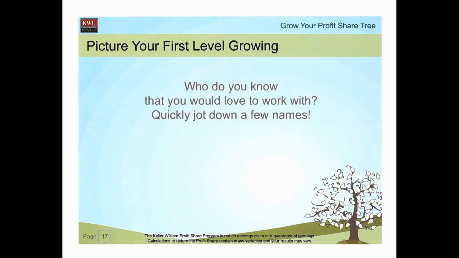So again, everybody should have this as part of their business planning strategy. When you're doing your business planning for the year, one of the things you should have is trying to take advantage of some passive income. And it's not that you have to do a lot of work. Think about who you would want to work with, jot down their names, reach out to them for a coffee, and then all you have to do is relate to them and refer them to the team leaders. The team leader meets with them, and it's their job to actually get them to join the company.